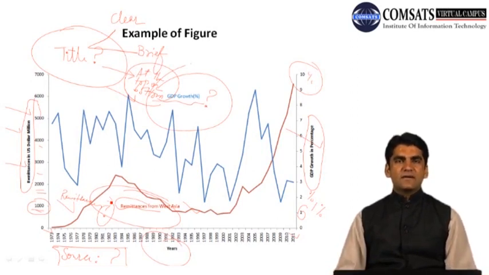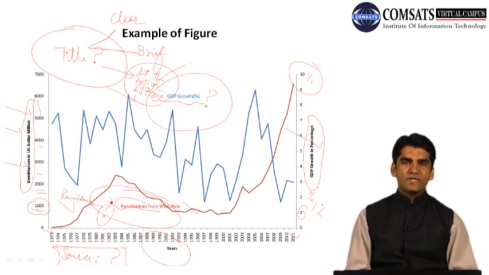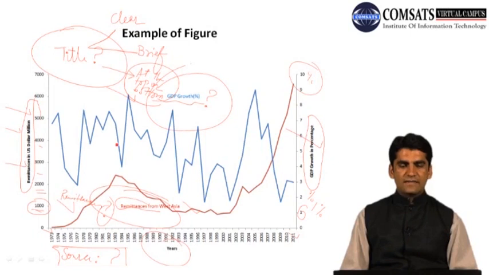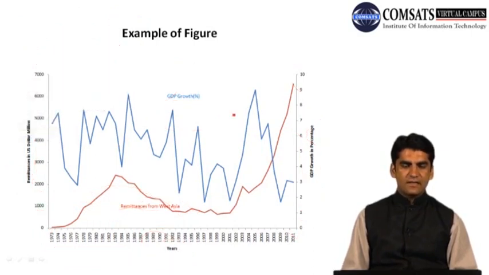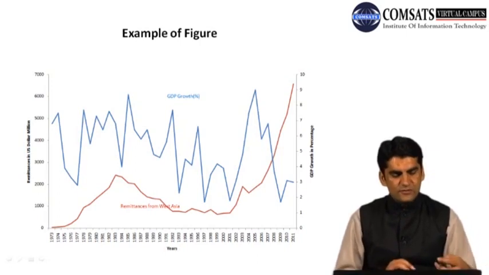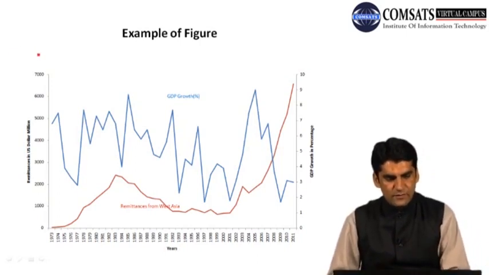So whenever we are drawing a figure or a graph, we have to give it a relatively clear and brief name. We, for example, look at this and we try to give a name to this graph just for our own understanding. So let's put a title